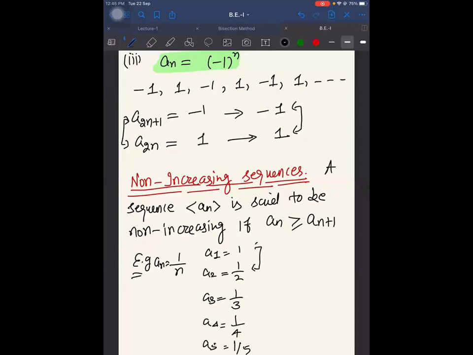ठीक है, this a1 जो है वो बड़ी है a2 से, a2 जो है वो बड़ी है a3 से, a3 जो है वो बड़ी है a4 से। बराबर हो सकती है, ठीक है। अब मैं नॉन इंक्रीजिंग क्यों बोल रहा हूँ, डिक्रीजिंग नहीं बोल रहा हूँ, क्यों, बराबर भी हो सकती है इस वजह से, राइट। तो इस तरह से हम चलेंगे। और इसी तरह से नॉन डिक्रीजिंग कैसे बोलेंगे, जस्ट इसका उल्टा रिलेशनशिप, ठीक है।